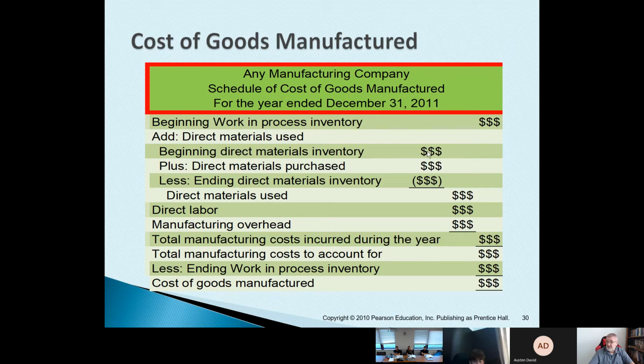So if we take this raw material and we add to it any new raw materials we get, our ending direct material inventory. So if we add this and this together, this is ending direct material, excuse me. This is how much we have left over. So to get our direct materials used, we have to add what